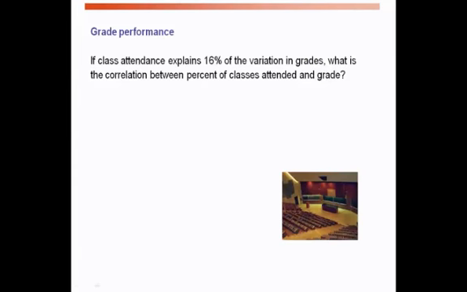Okay, what's the answer to this? If class attendance explains 16% of the variation in grade, what is the correlation between percent of classes attended and grade? In fact, 16% means R squared is 0.16. Therefore, R is, we know, 0.4. The only question now is, should it be positive or negative? What do you think? It should be positive. You never know, right? But it should be positive. So,